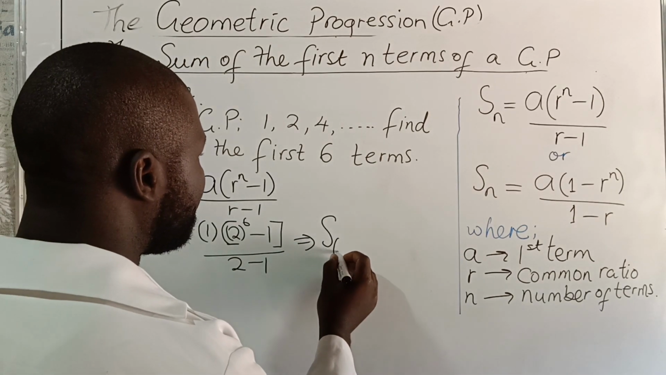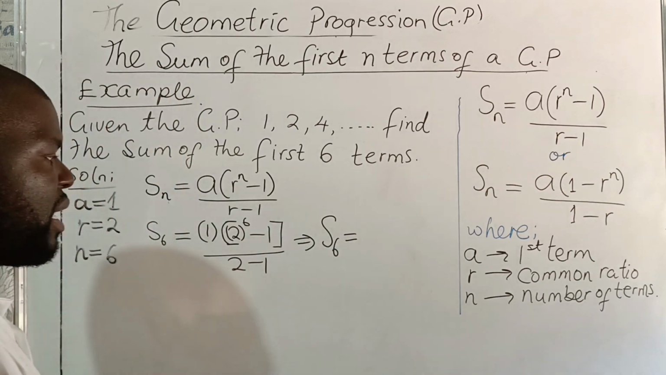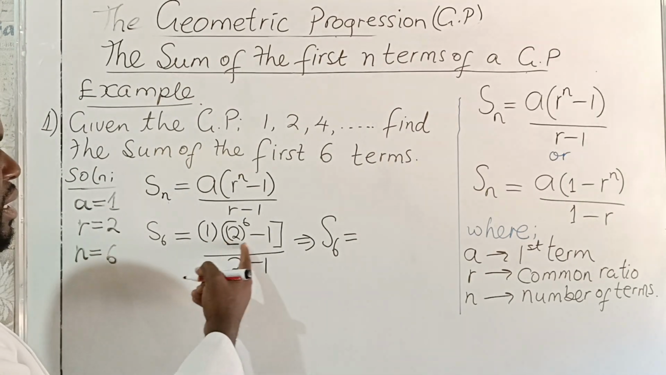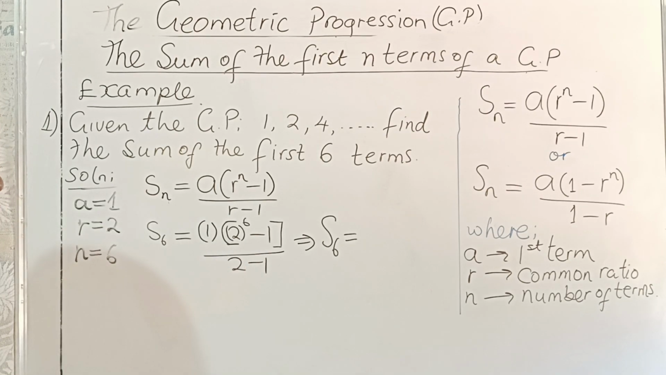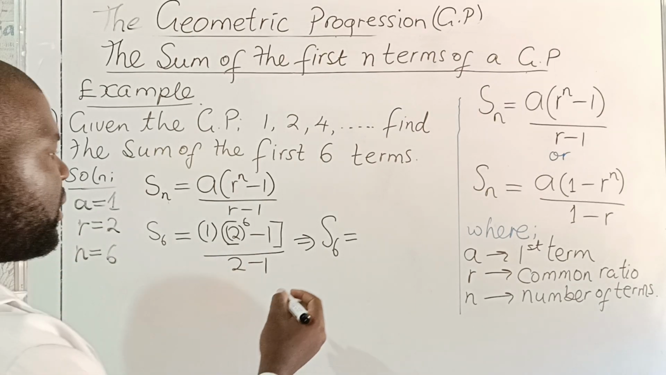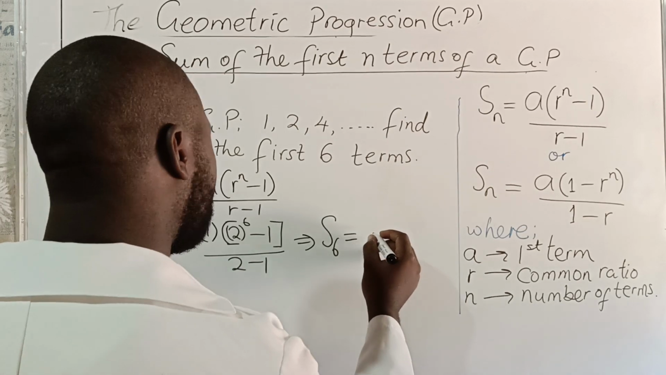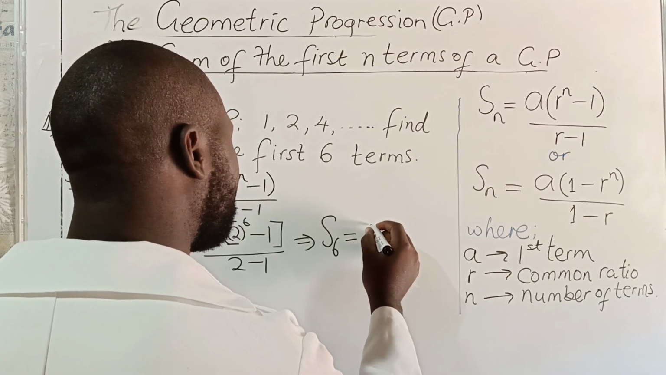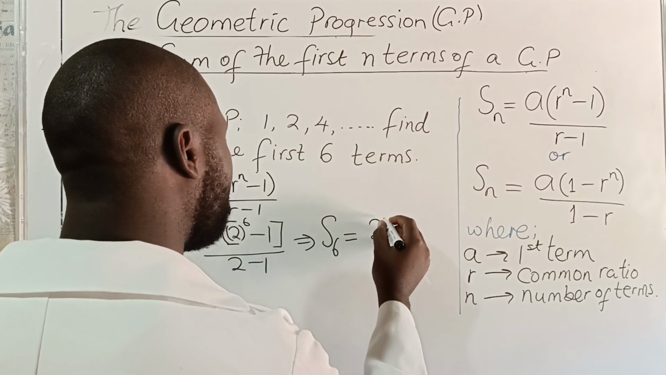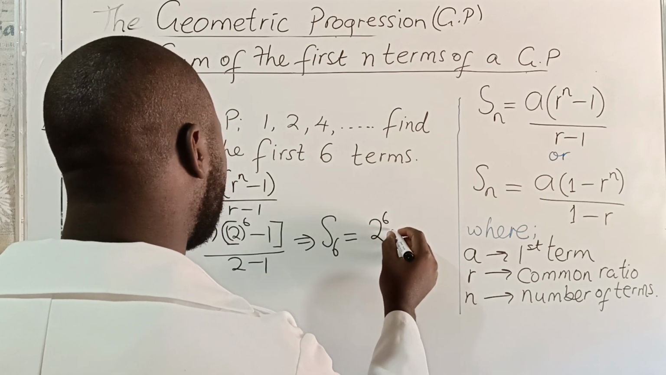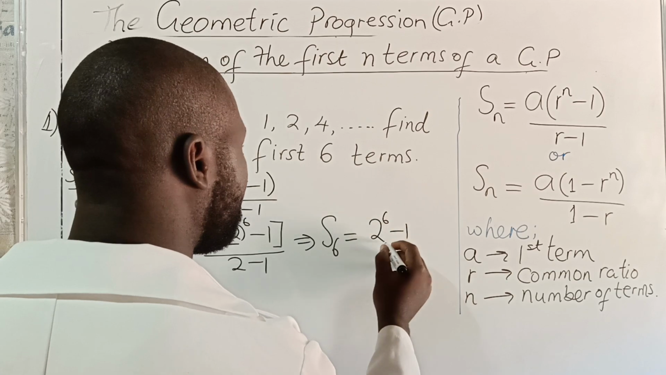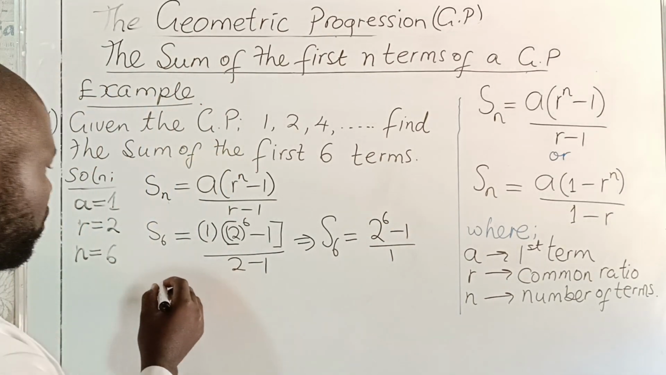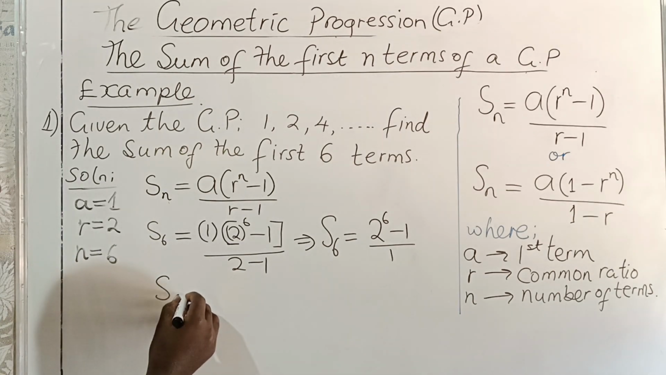So the sum of the first 6 terms is given by, we know when we multiply 1 by all this, we are going to end up with that. So we shall just say 2^6 - 1, everything out of 1. So our sum of the first 6 terms will be